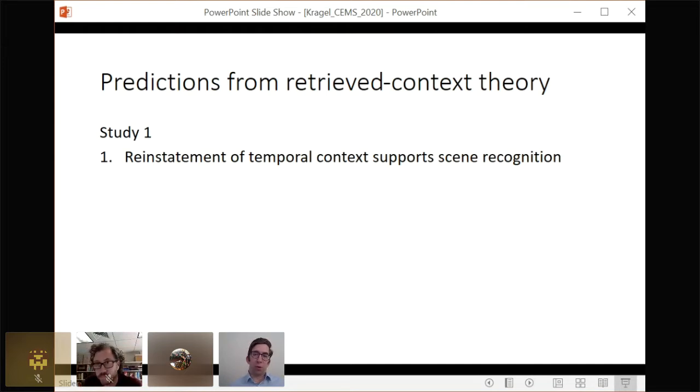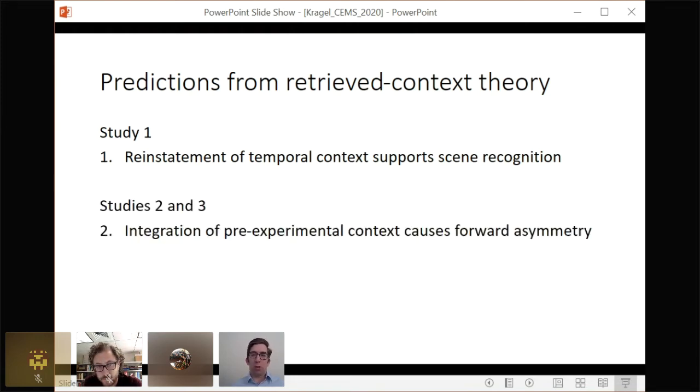You can imagine if you correctly reinstate the sequence of eye movements you made, that will lead to better memory. The second prediction relates to the forward asymmetry that I mentioned previously. And the idea is that from retrieved context models, there are 2 types of contextual information that drive the contiguity